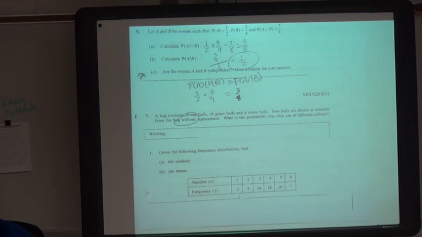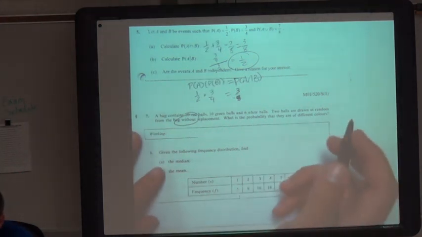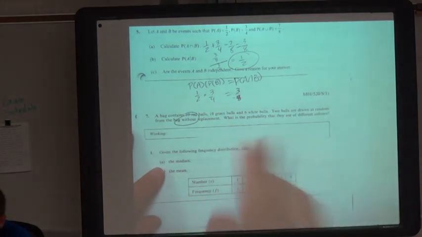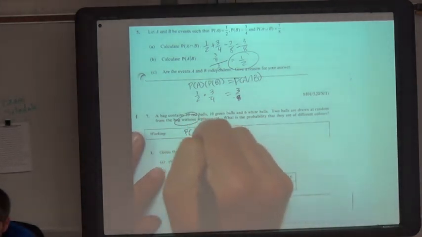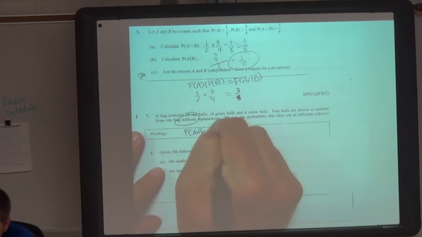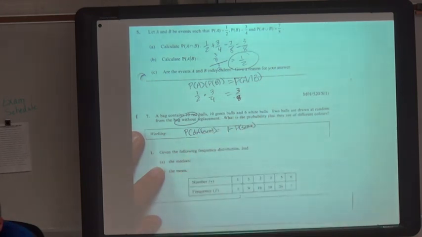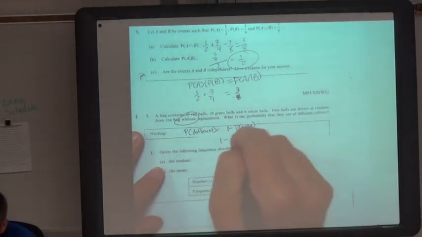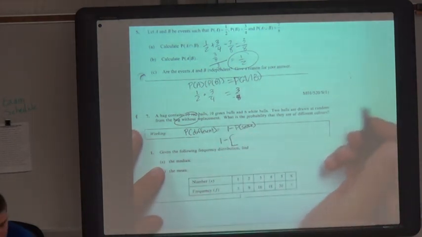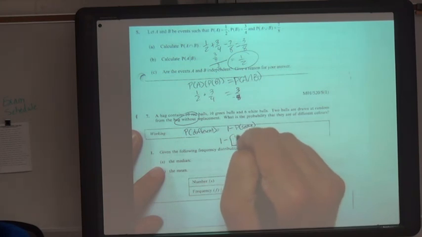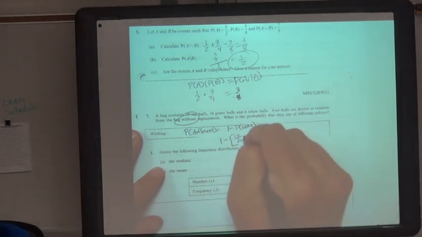So what I would do here is the probability that they're different is 1 minus the probability they're the same. So the probability of different equals 1 minus the probability that they're the same. So the probability that they're the same is 10 out of 26 times